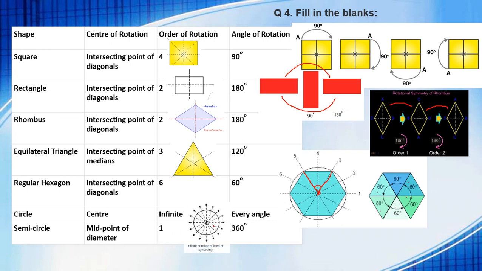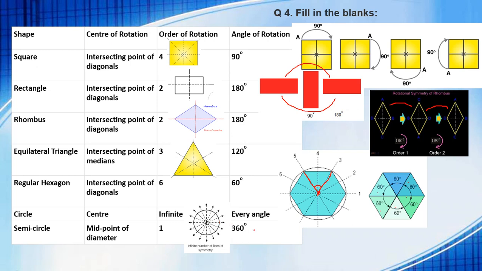Okay. Now when we rotate any circle by any angle, the circle will look as it was previously, in the circular shape. That means when we talk about the number of lines of symmetry for a circle, it has an infinite number of lines of symmetry. So when we rotate it by even a 1 degree angle, the circle will look the same as its